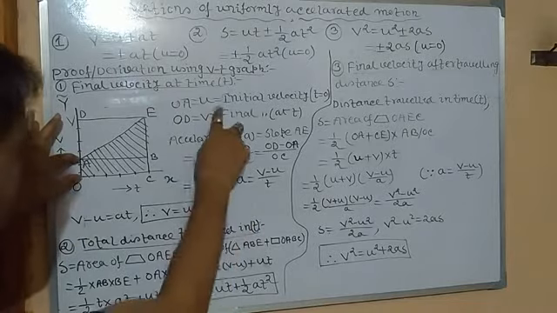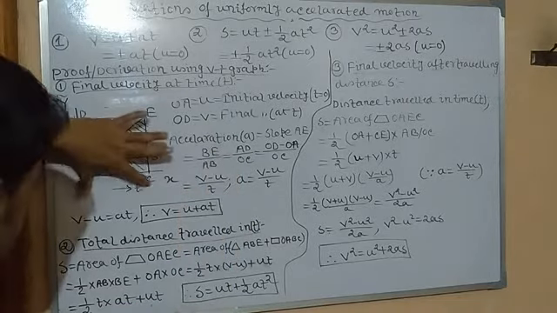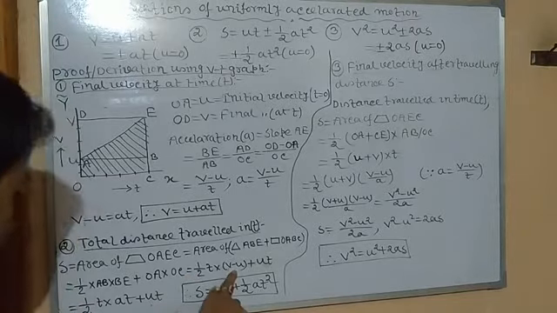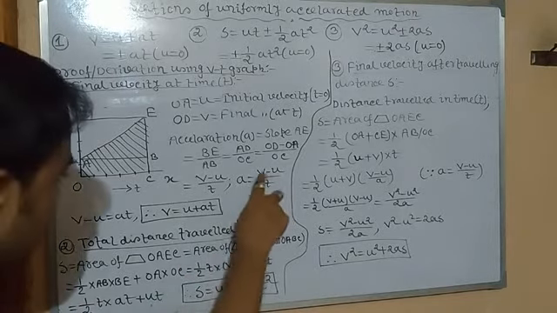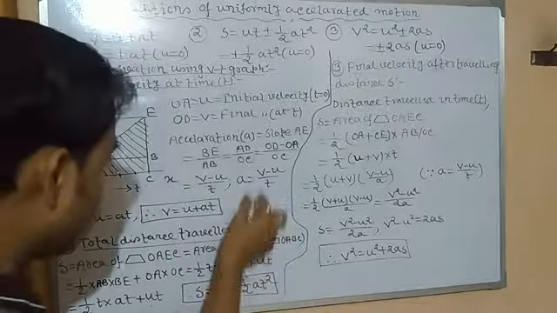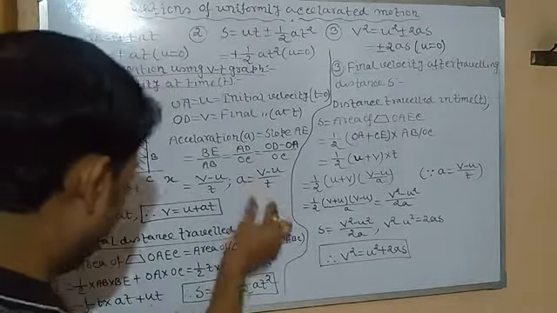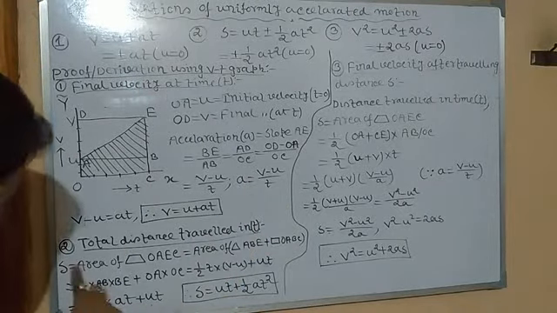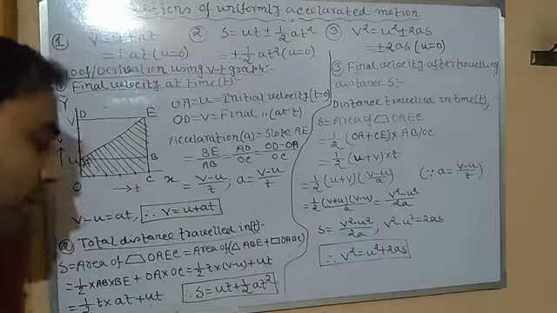We have already got initial velocity U. What is OC? It is equal to T. So half T into AT. Why? Because V minus U equals AT. You can see A is equal to V minus U by T, so V minus U is equal to AT. So we will put the value of V minus U from here. So AT. So you can get half AT square plus UT. So S is equal to UT plus half AT square.